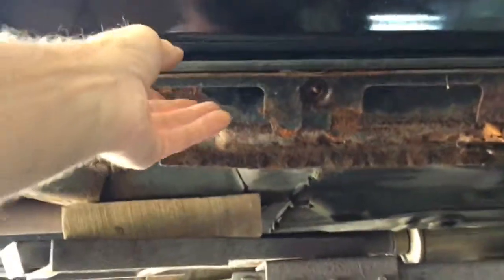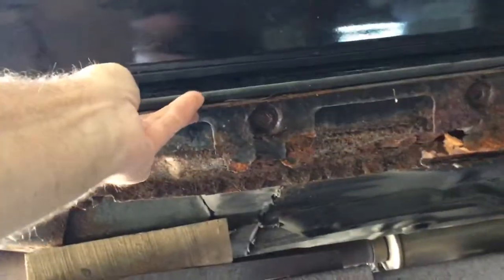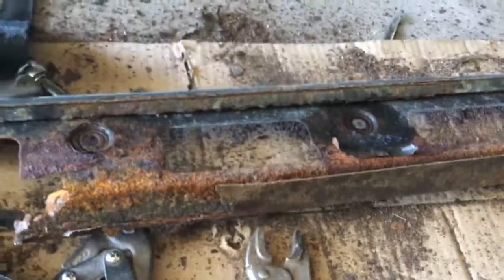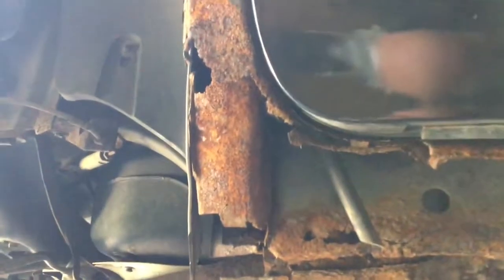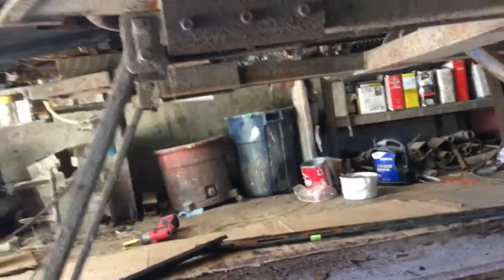And then these brackets right here, they hold those covers on, and I'll pull the bracket off of here. You can see the bracket's pretty rotten too, but I got some ideas how I'm going to patch that up. But as you can see, the rocker's pretty rotten, and I got to patch all that up, which I've done a lot of. But it's pretty much like the other side, pretty much the same way. Of course, I don't have enough hands, but